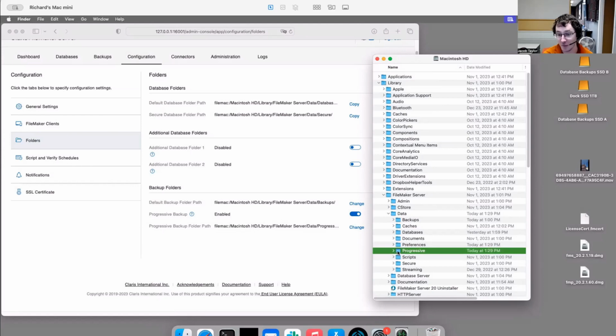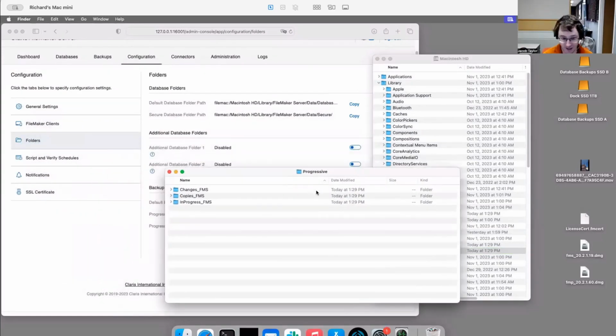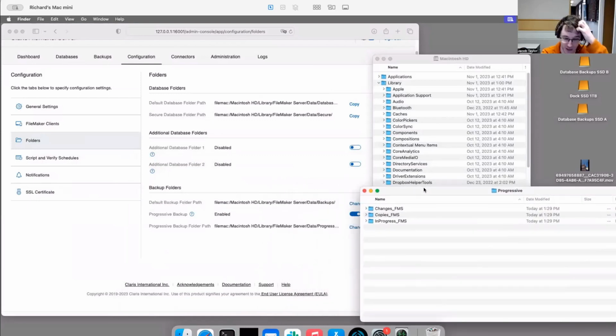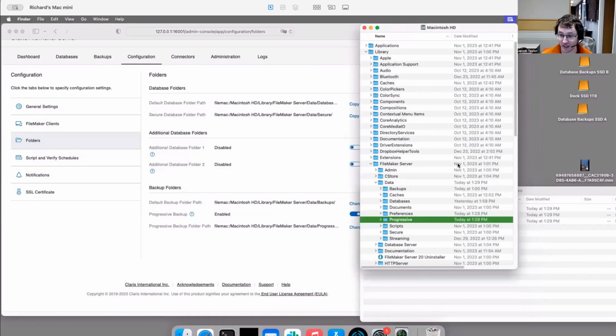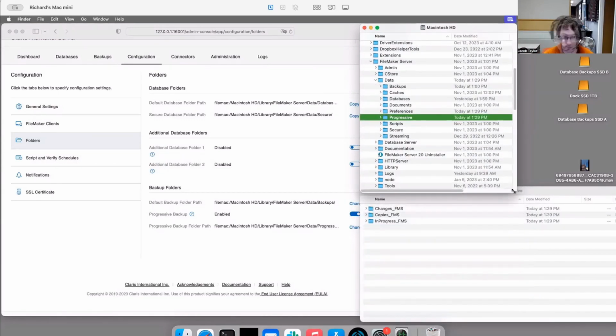Incrementals, like one of the folder names that's inside of it is probably... I found it right here. I find that word way easier. Yeah, there's in progress, copies, changes. So I find calling it incremental backups way easier to think about because everyone knows what an increment is. What is a progressive backup? I don't know. By default, an incremental progressive backup runs every five minutes. So the very first time it runs, as Richard just kicked it off, he's going to end up here shortly with a folder with a complete copy, not of the container data actually, but of the records,